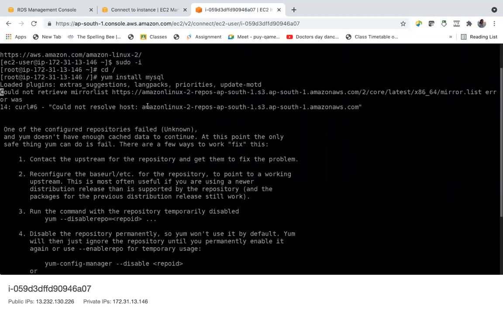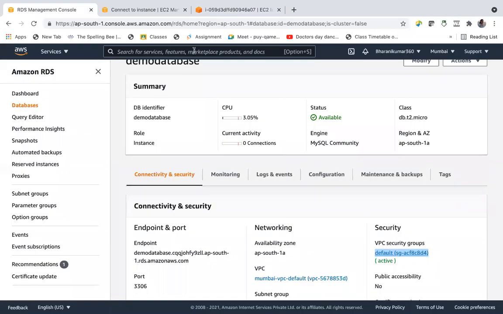Have I deleted any VPC related things or not? I'm not getting this. Nothing is going out of my EC2 instance for some reason, so I am not able to install MySQL. Let us change the region, and after changing the region I have to create a database in that region again.